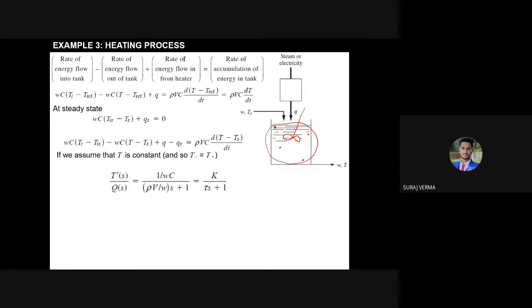We are assuming that, no? Let's say we are supplying the heat here. So the temperature of this point may vary from the temperature up to this point. Yes or no? But we are assuming that overall the temperature inside the tank is constant,